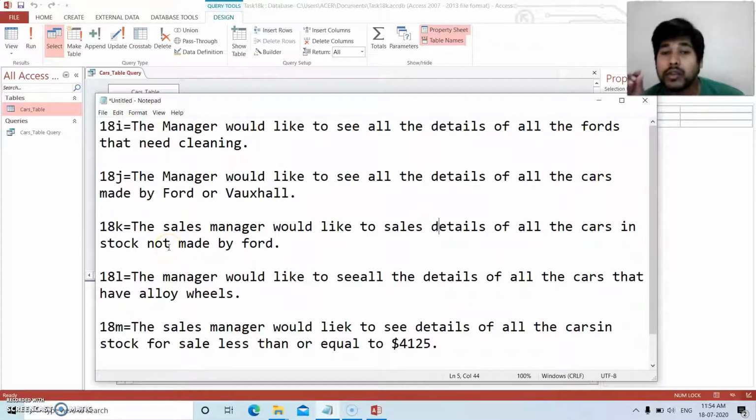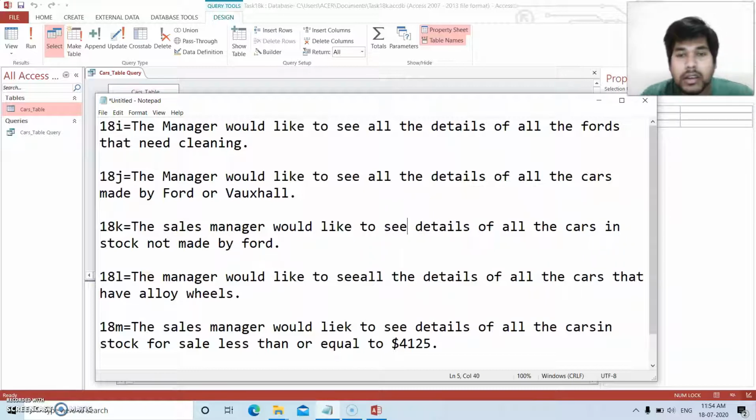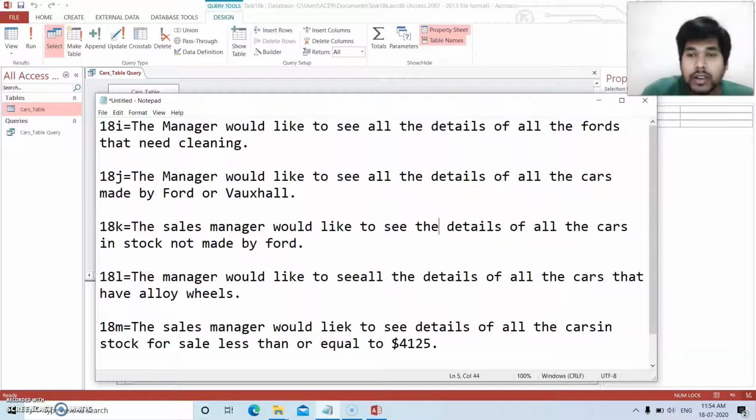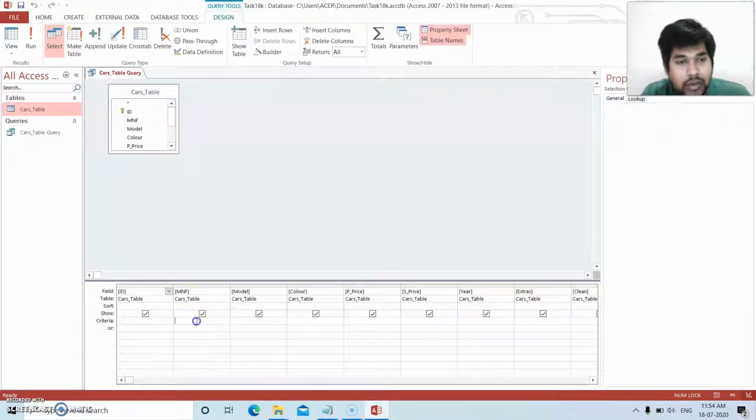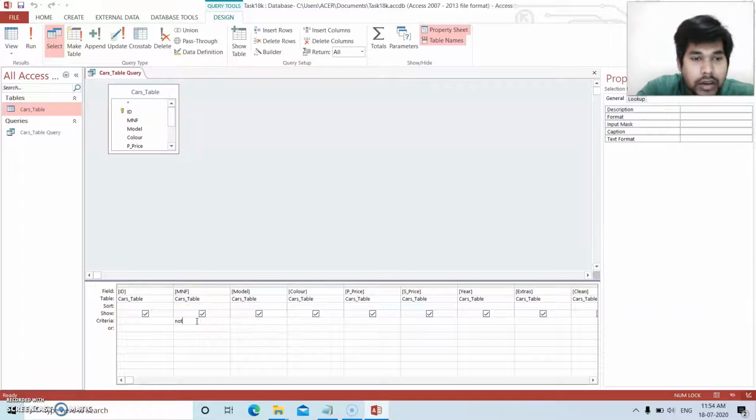The sales manager would like to see the details of all the cars in stock not made by Ford. The condition is not made by Ford, right? So you will go in the manufacturer column, go to the criteria row, and write not Ford. This is your query.